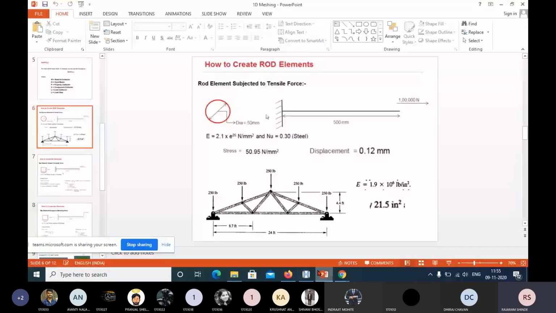Okay, now first we have to create the nodes. Okay, now see here, according to the theory of finite element analysis, if you have this problem, okay, now you recall the theory of finite element methods, and you tell me how many elements are required for this. How many elements are required for this? Whether this PPT is visible.